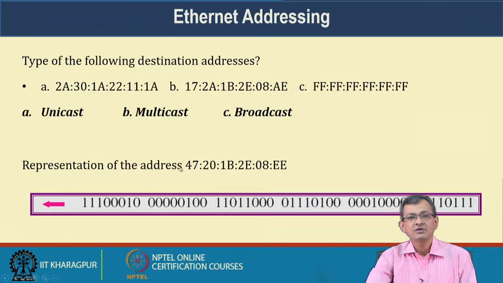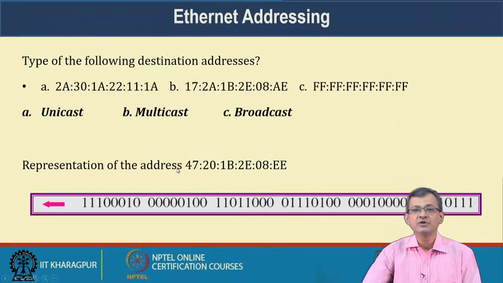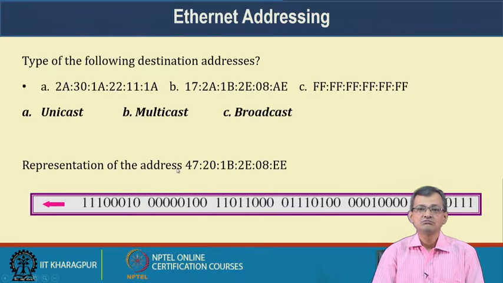Anyway, what we mean to say is that when we look at an address like this, it is deciphered into the binary form, right. So, again I am repeating this, please check the representation. This 47 should be representing here, 20 representing here, 1 representing here, 2e etc. 47 is not this representation, right, because 4 is